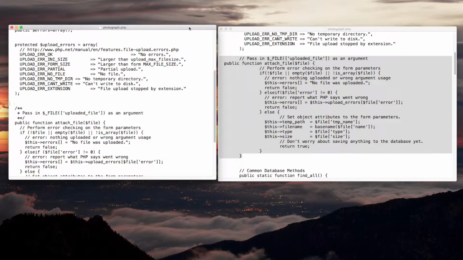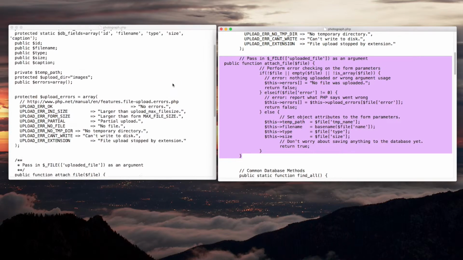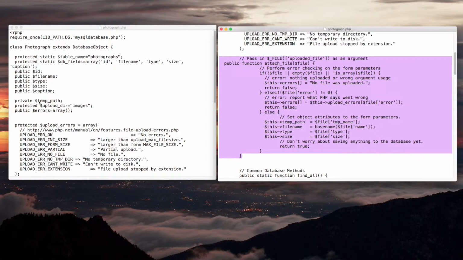Remember a few videos back when we were learning about basic file uploading? Well, all we're doing right now at this stage is bringing in the code from over there that we used before and making it object-oriented. So for this video, I copied from the exercise these three attributes: temp path, upload directory, and we created a